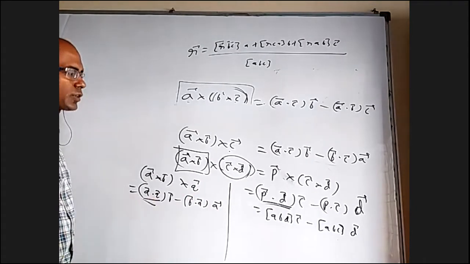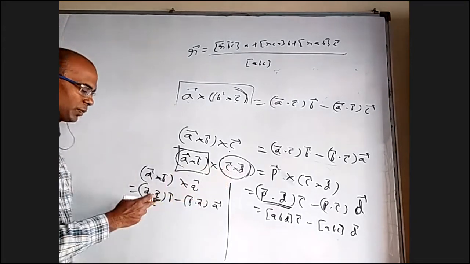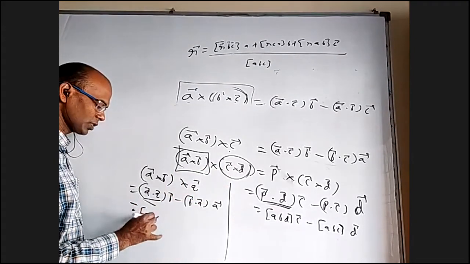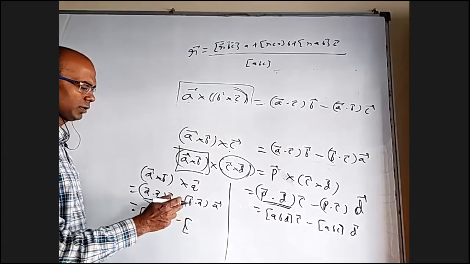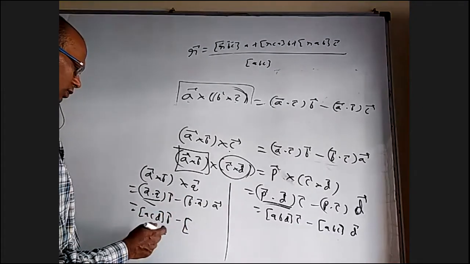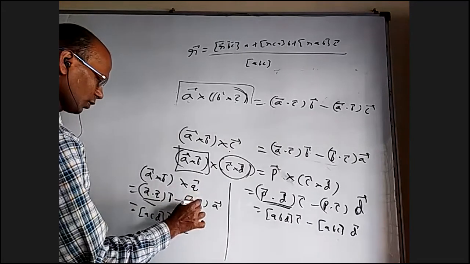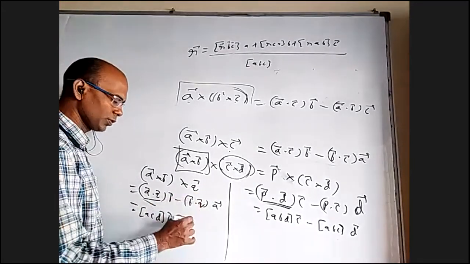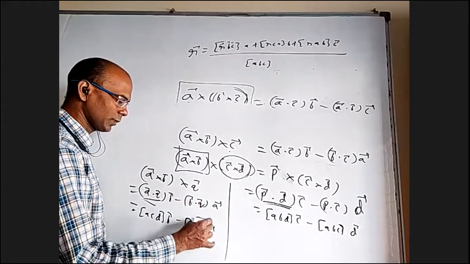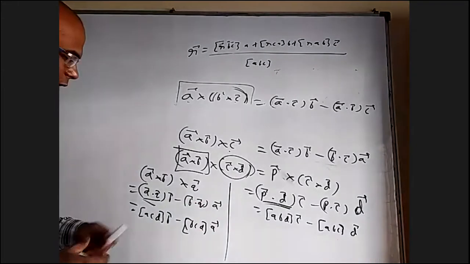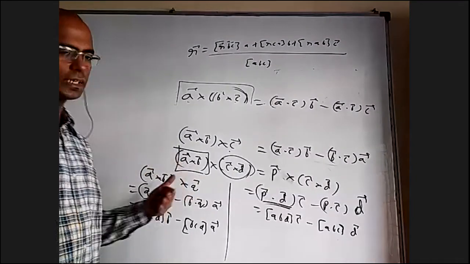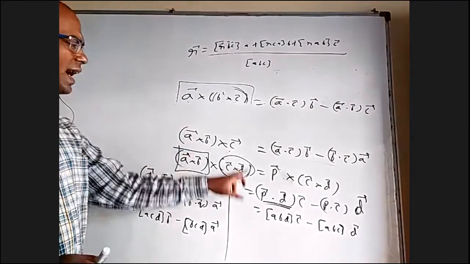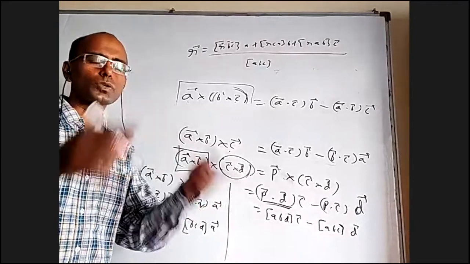According to this formula, it will be A dot Q into B minus B dot Q into A. But what is A dot Q? What is our Q? C cross D. When you put C cross D, it is box ACD into B. And B dot Q is box BCD into A. So we got some number into B bar and some number into A bar, which is a linear combination of A and B. In fact, this is a vector common to the two planes.